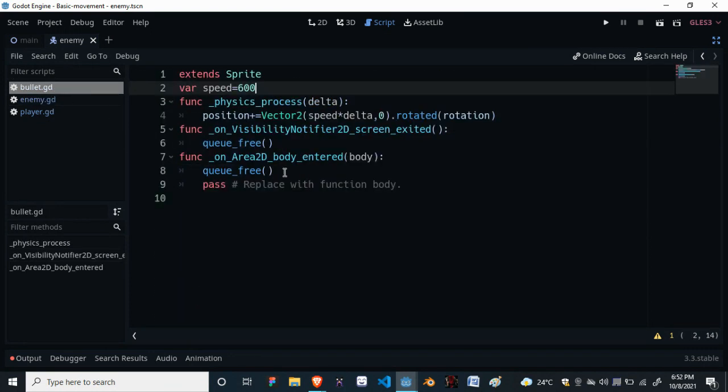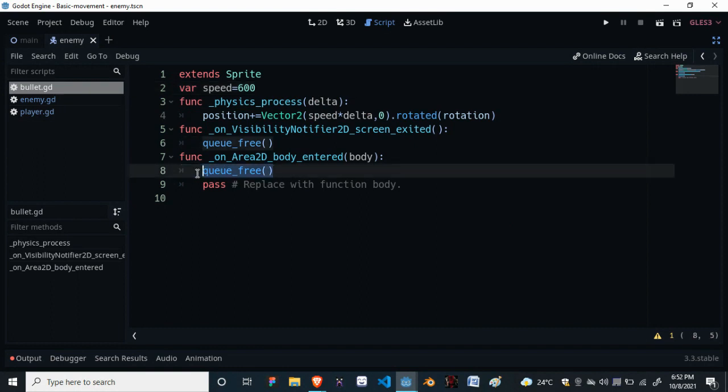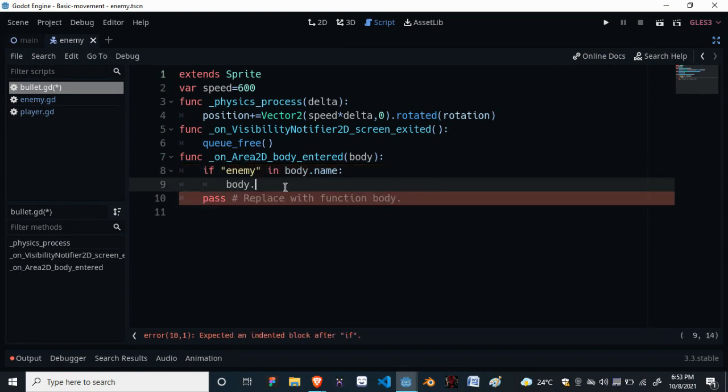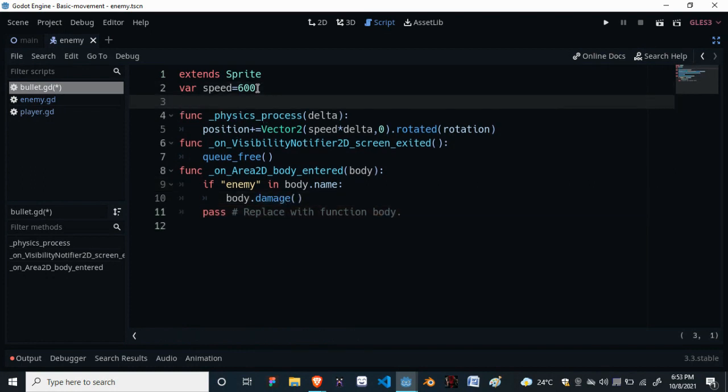Now let's configure our bullet. We will check if the body with which we collided has the name enemy in it. So we'll write if enemy in body.name, and if it is true, then we want to call the damage function inside the enemy. When the damage function is called, we will pass a value to it. I will write 10 here.